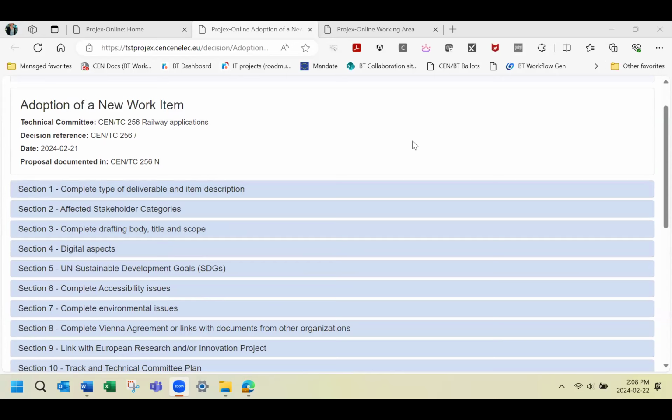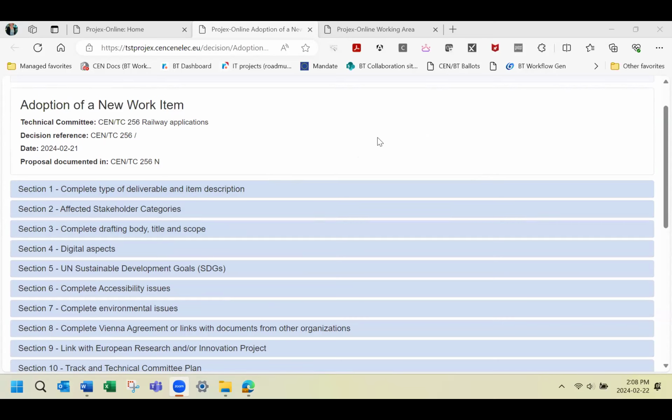So here we are at the very beginning. You as a CEN secretary received the data for the future CEN TS and CEN TR, and you start creating your new work item in the CEN working area. Please, Laureen.